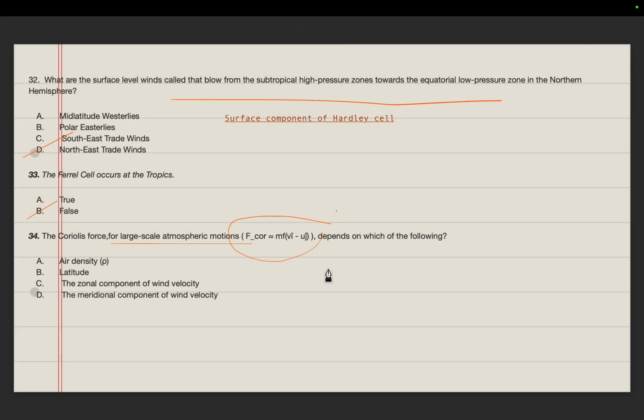Question 34. The Coriolis force for large scale atmospheric motion depends on which of the following: air density, latitude, zonal component of the wind velocity, the meridional component of the wind velocity. The Coriolis force per unit mass has been defined to be